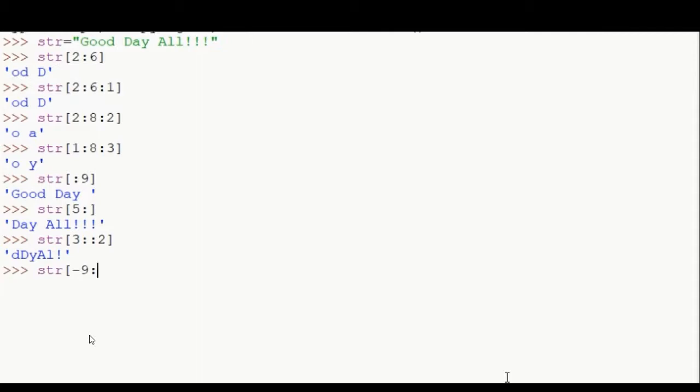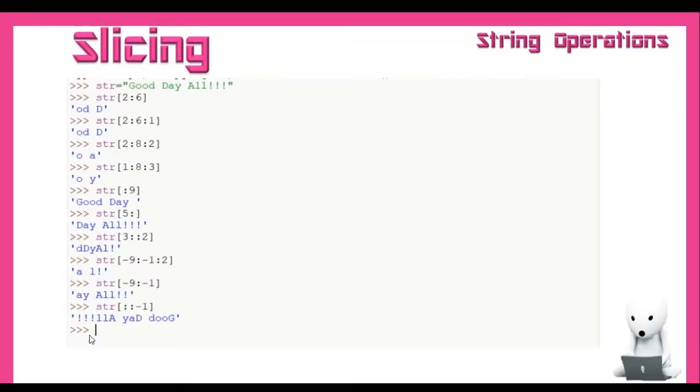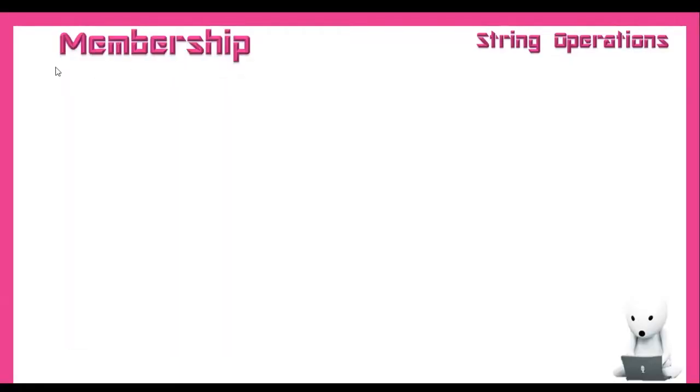We can also give negative indexes, and negative step size using negative indexing. Negative indexing means backward index. -9, -1 and step size 2 will give us AL, starting from the last position. We can also skip the step size in this case. So -9, -1 will take the step size as 1. Notice if we skip the start position as well as the ending position and give step size as -1, we get the reverse of the string.